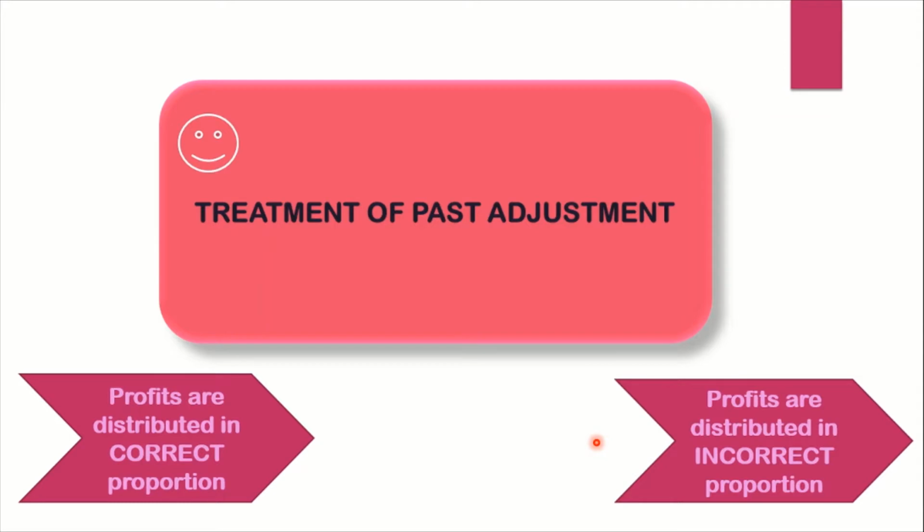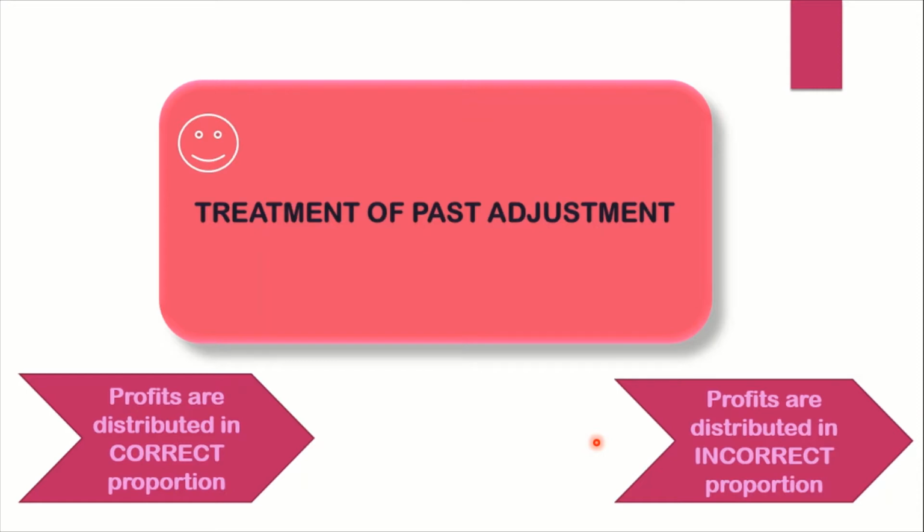See, the mistakes which we found after closing our books of accounts are to be rectified by passing one single adjustment entry. For that we calculate the net effect amount, so that we can rectify that error by passing a single entry, and we find out the net effect of all the mistakes or omissions which occurred and were found after closing our books of account. Now, we learned in our previous video how to find it out.